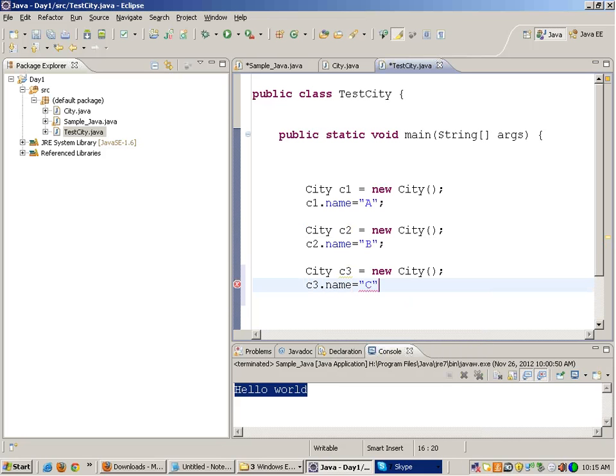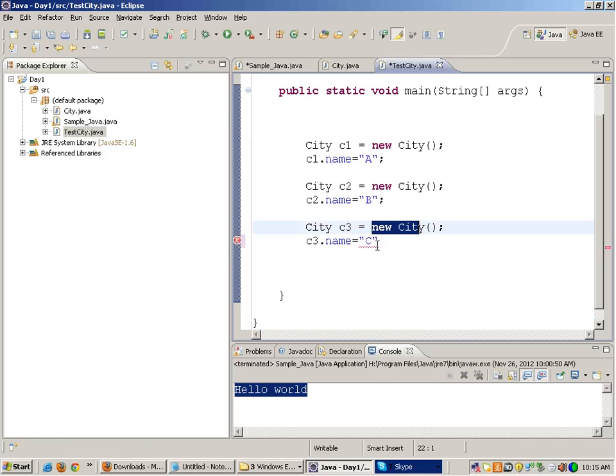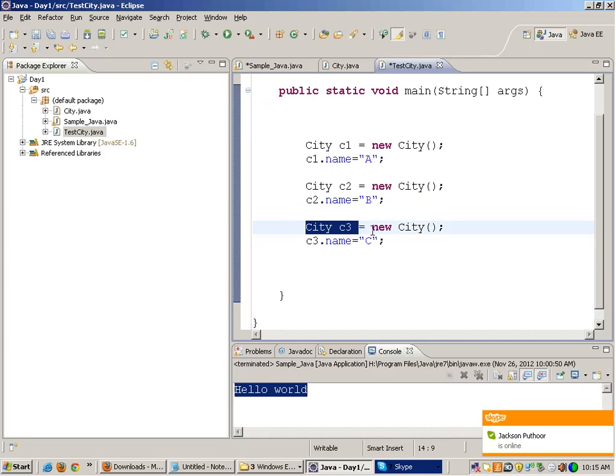If I write in Java, City c4 equals null, this means that this is an object reference in the memory which is not pointing to any object, right? Okay, the right side over here and the left side are different. This is the object reference and this is the object. So what I did in the memory,